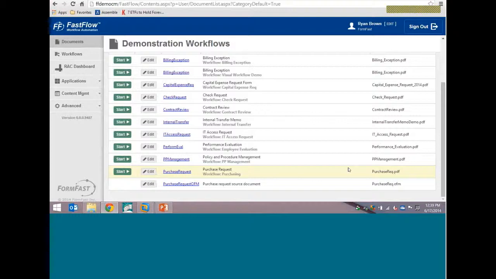But some of the forms that we traditionally have done for our customers make a lot of sense in the FastFlow environment, where we have internal transfers, IT access request forms, policy procedure management, purchase requests. Ryan will be going through a purchase request in a minute, but we also have entered into a realm with